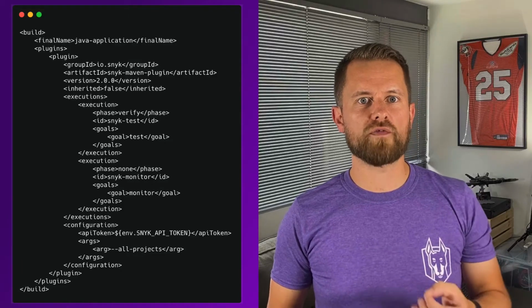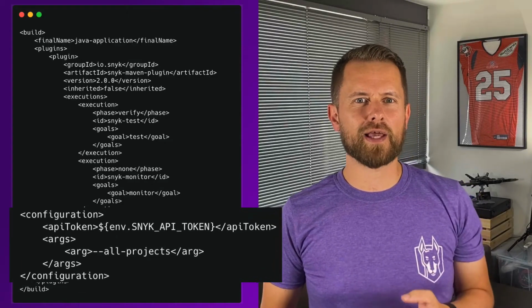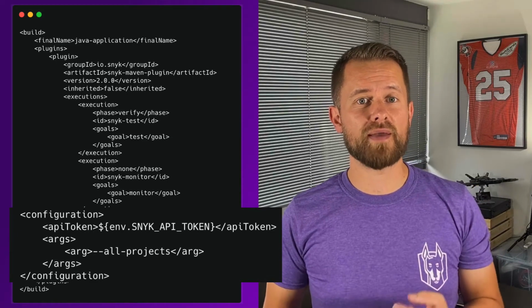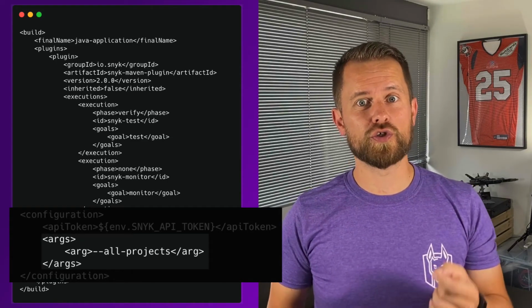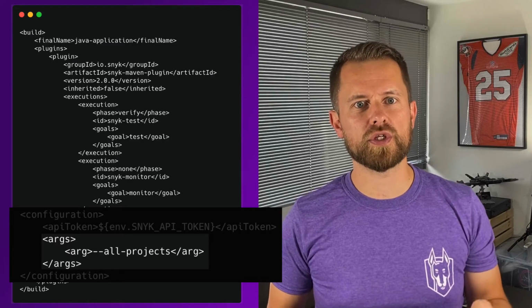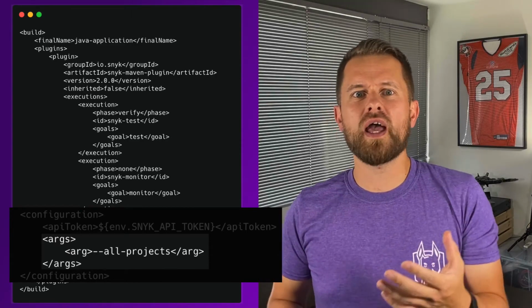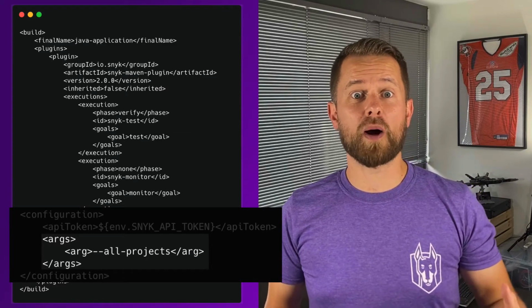The Snyk Maven plugin uses the Snyk CLI under the cover. It automatically downloads and updates the appropriate CLI binary, so the CLI doesn't need to be pre-installed. In the args part of the configuration, you can provide any flag you normally provide to the CLI. In this case, I provide the all-projects flag, so all my projects, regardless of the ecosystem, will be scanned in one go. This is especially useful if, for instance, I use multiple POM files in a project.